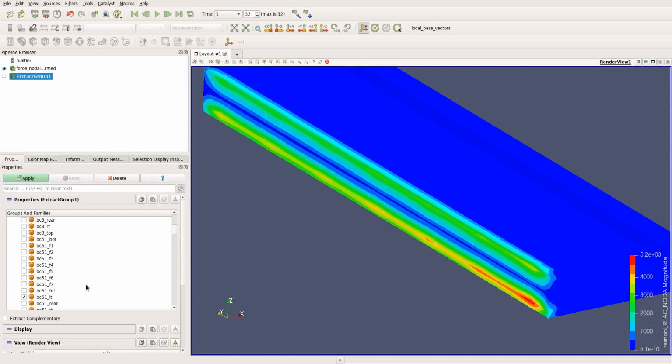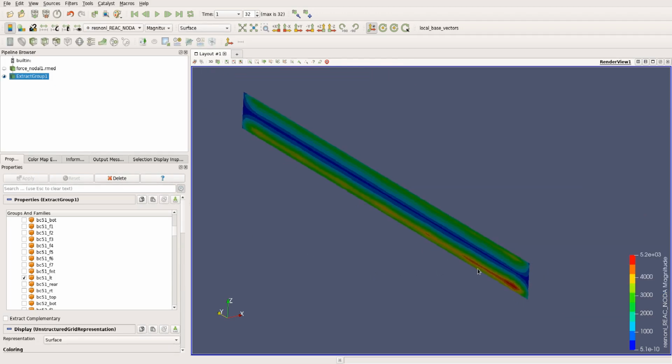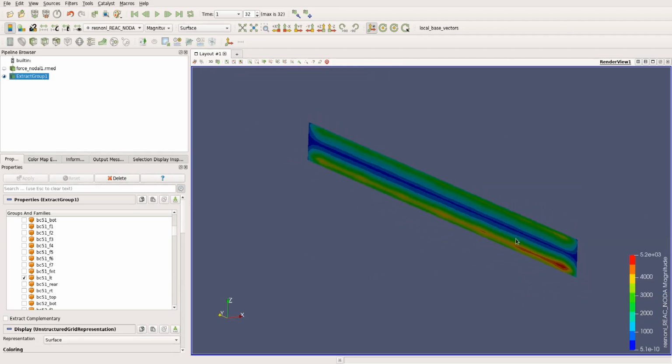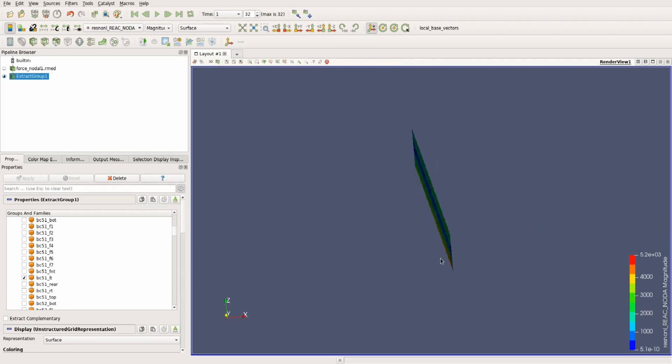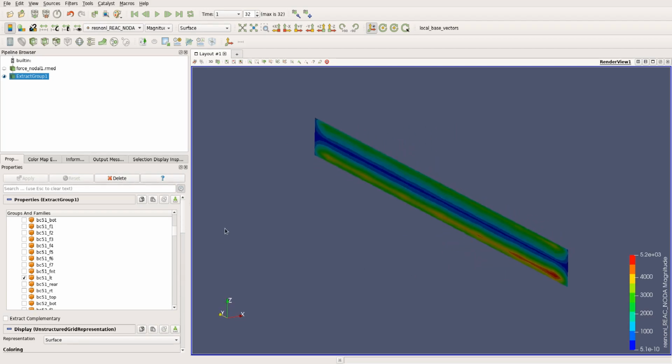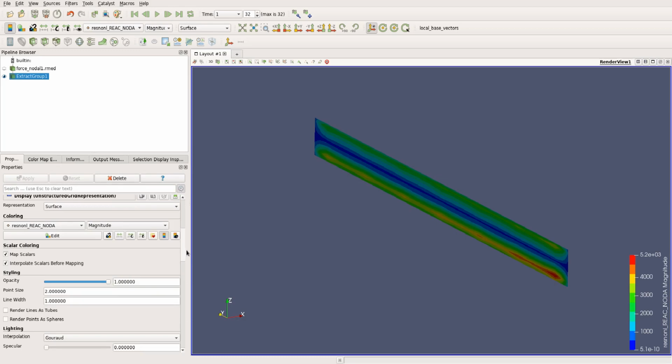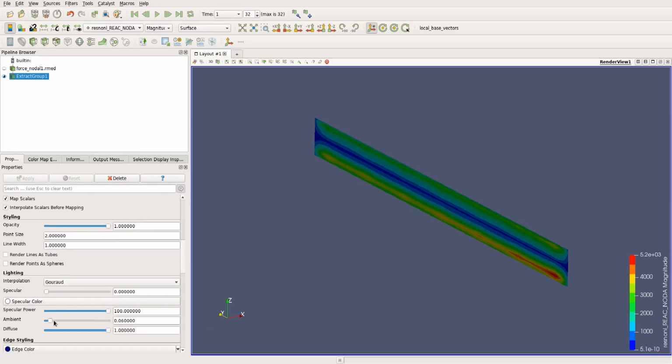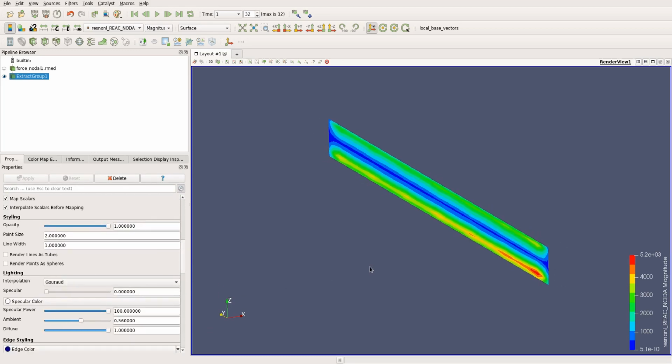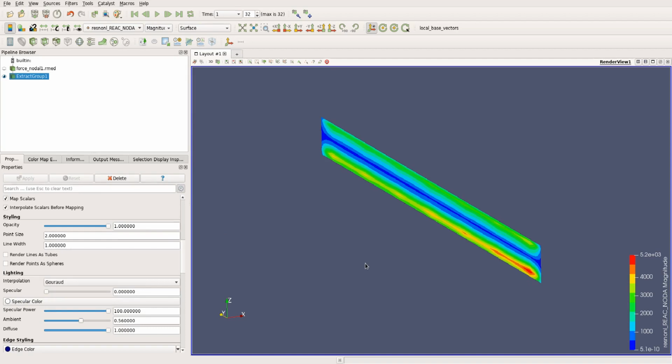Let's just click apply, and there you go. Only the face on the left is kept and all other geometry is turned off, and it's again dark, so I'll just increase the ambience over here. Okay, now what we want to see is